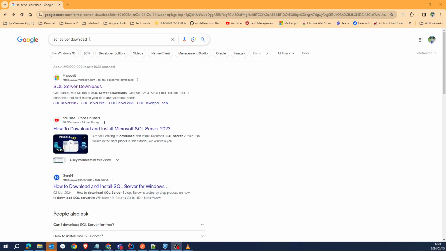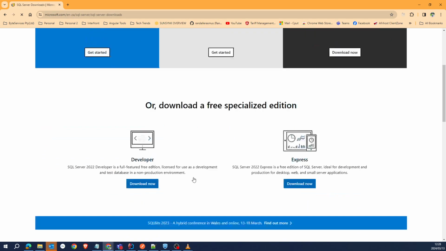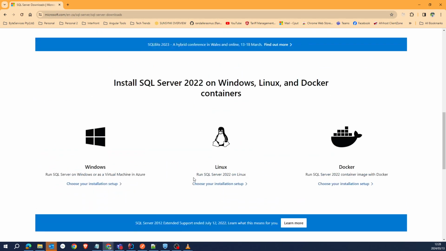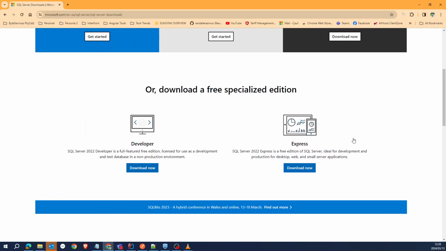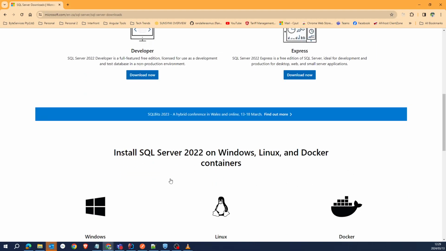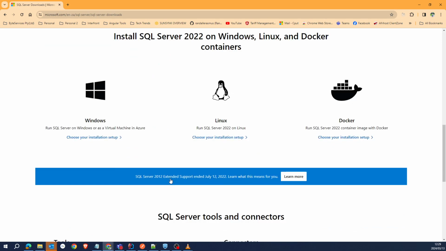You need SQL Server. You can go to Google, download SQL Server. You click on SQL Server, it will open, and then you can decide: do you want the developer edition or the Express edition? Once that is installed, you open your run command by pressing the Windows button and R on your